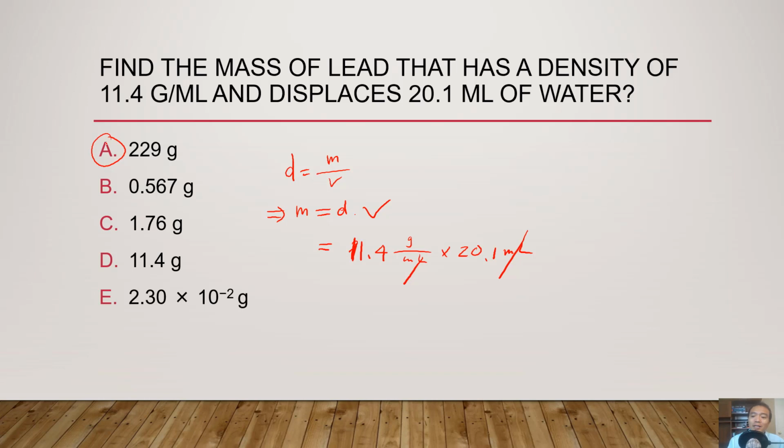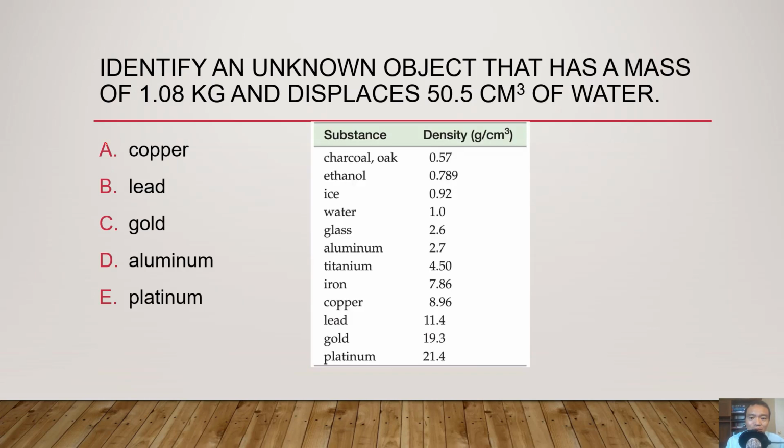Okay? All right. Yeah, actually, we have one more example. Identify an unknown object that has a mass of a certain number and displaces a certain volume. So how do you identify this? You need to calculate the density, right? So let's do that. So density equals mass over volume. Do pay attention to the units. Remember, in this table, you have grams per centimeter cubed. So you will have to convert this